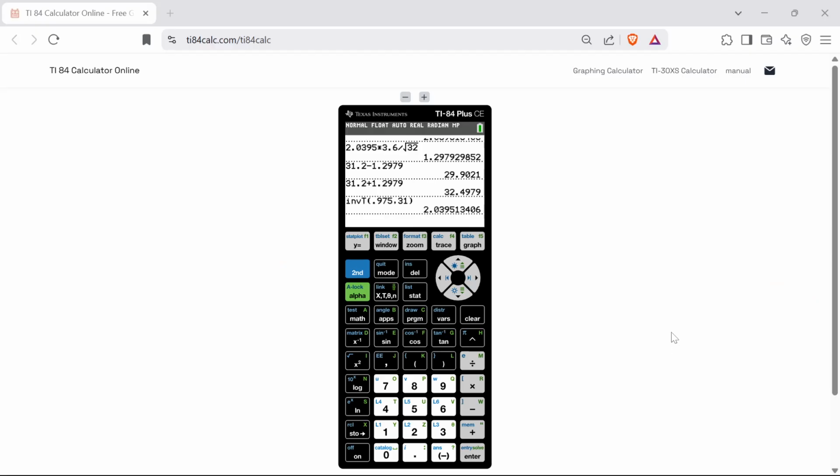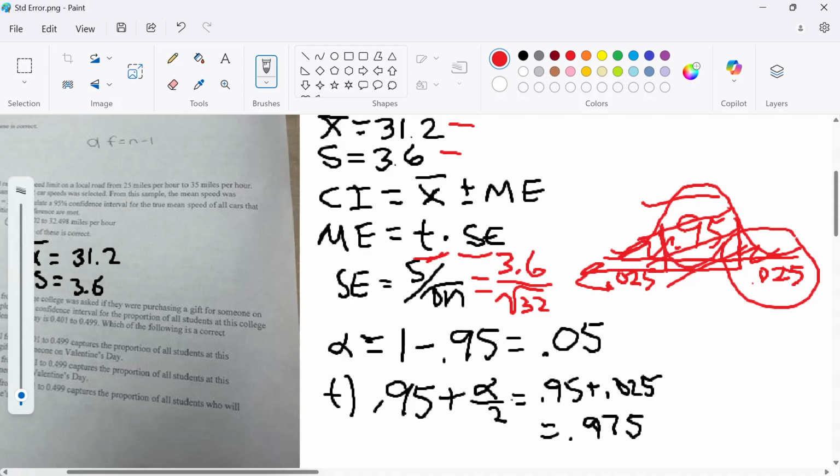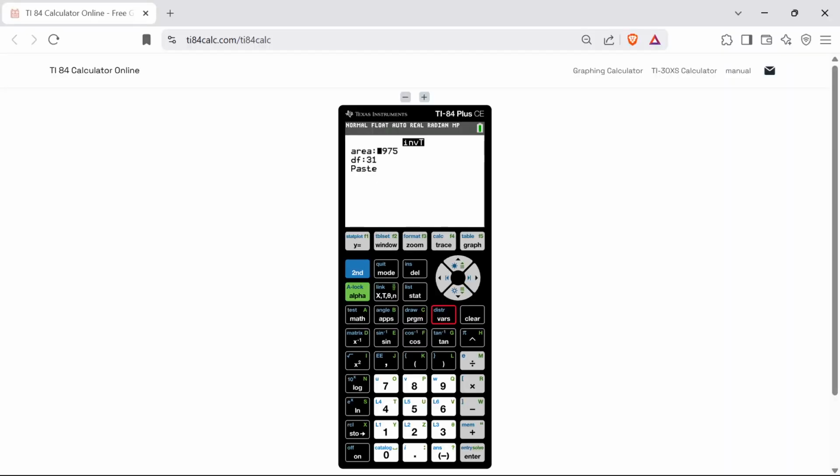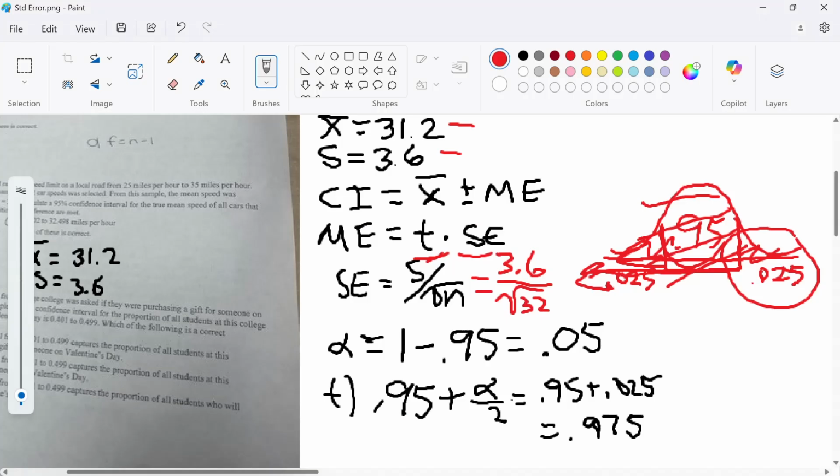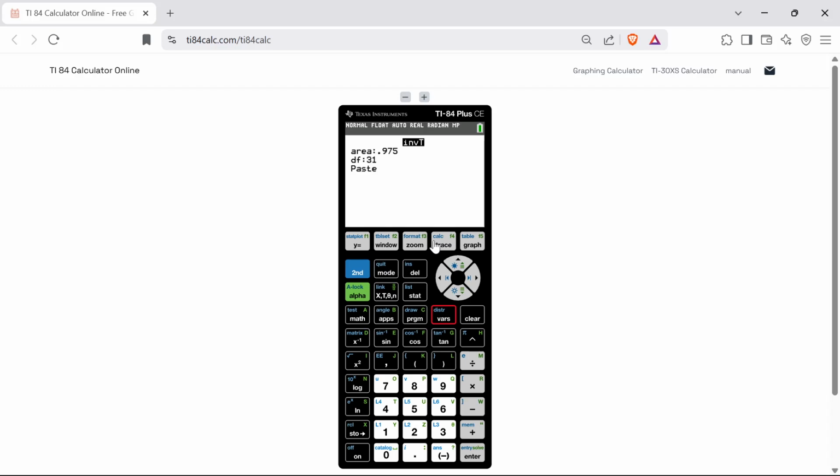To get the t-score, I'm going to go to my TI-84 calculator, and I'm going to go to second, vars, which is distribution types, and I'm going to go down to inverse t. And all I have to do is enter that area. Again, I want the area that's 95% plus the left tail. So 95 plus alpha over 2, 95 plus 0.025, 0.975. It's already entered there. I want the degrees of freedom. n minus 1, n is 32. Degrees of freedom is 32 minus 1, which is 31. And then I will paste it. You have to press paste and then enter again, and it gives you the value